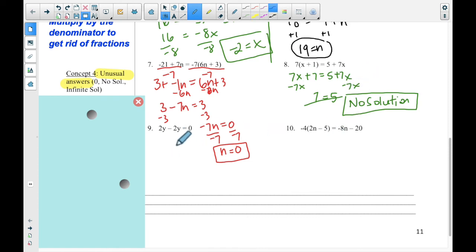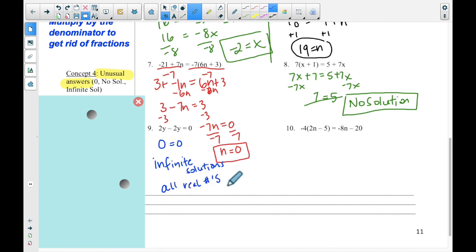Number 9. All right, 2y minus 2y is 0. What? 0 equals 0? That doesn't make any sense. Well, no, it doesn't, or it does. Don't know how you want to decide on that. But what this means is infinite solutions, or the way some people say it is they say all real numbers. And you could say it either way. What this means is